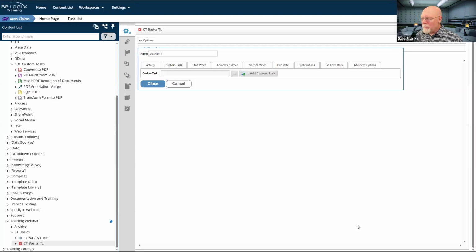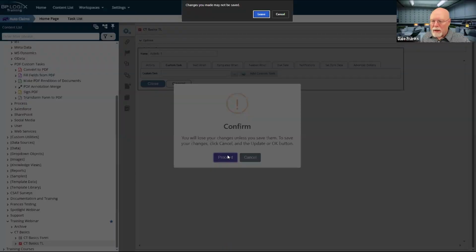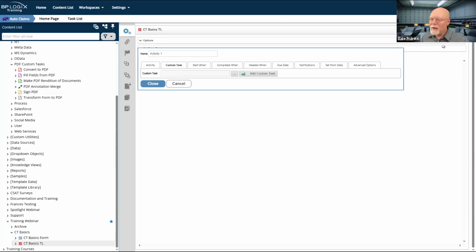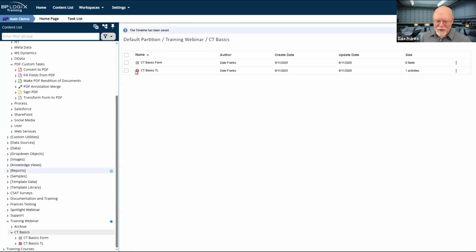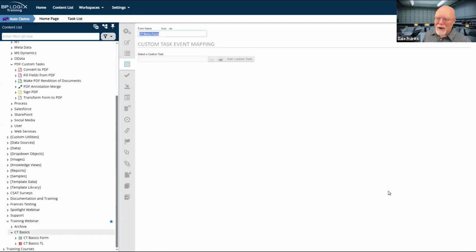In general, if I am going to run a custom task that is not related to the process itself, then I should probably run it. I don't actually want to leave. I actually want to save that because I'm fairly sure I'm going to be coming back here. So let me save that and then we'll go back to the form.